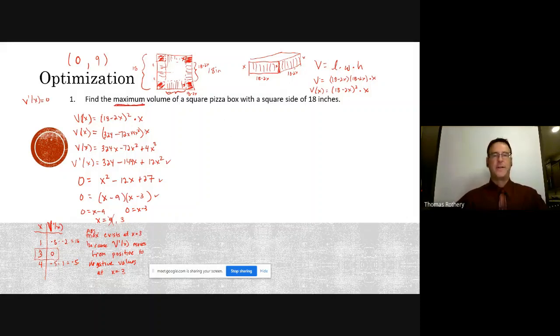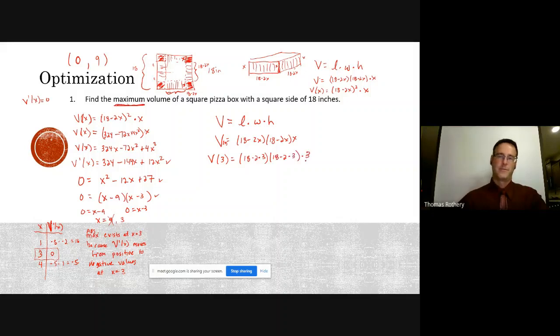And again, find the volume. So volume is length times width times height. And so that's 18 minus 2x, 18 minus 2x times x. And I suppose I could write this with respect to x. So when I plug in 3, 18 minus 2 times 3, 18 minus 2 times 3